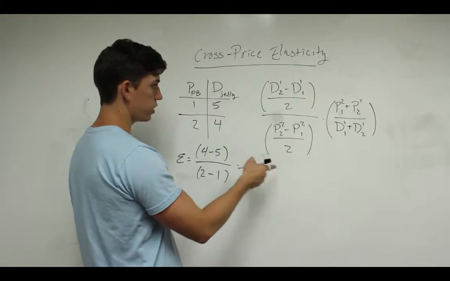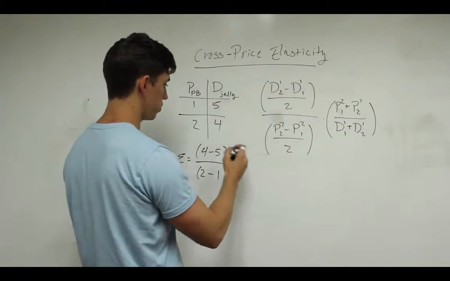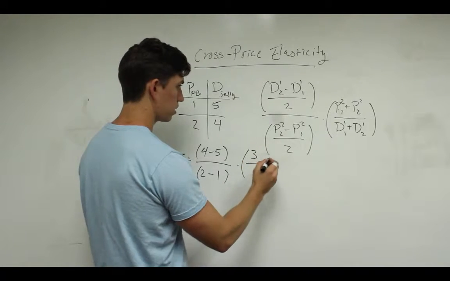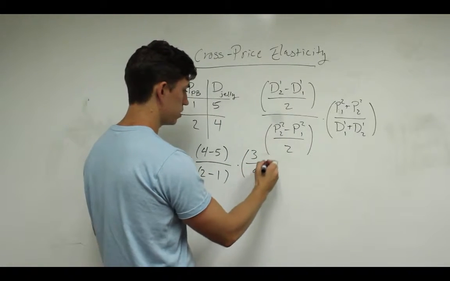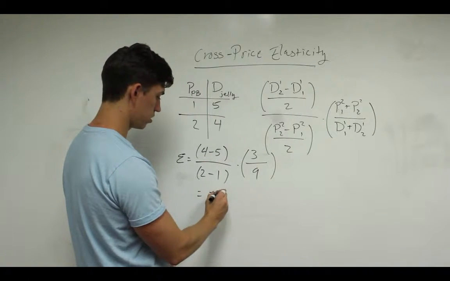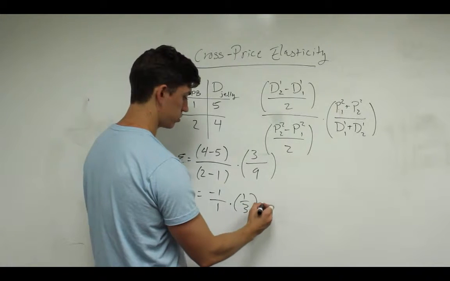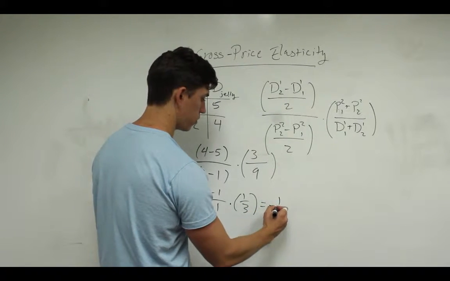Remember I said the 1/2s cancel, so now we just multiply by this. The sum of the prices is 3, and the sum of the demand is 9. So this should be -1 over 1 times 1/3, which is going to get us -1/3